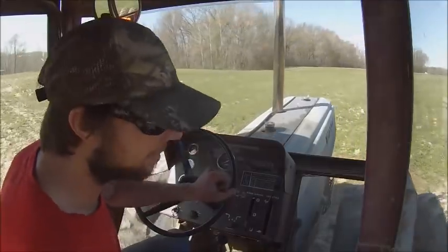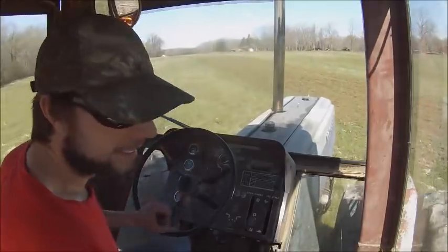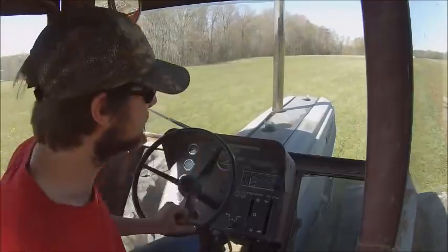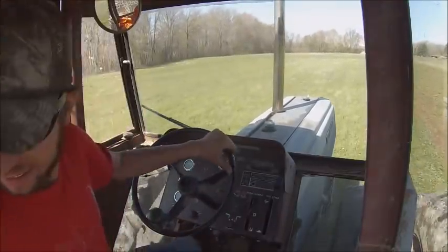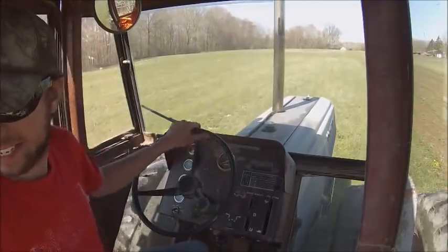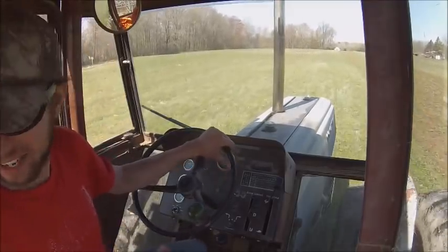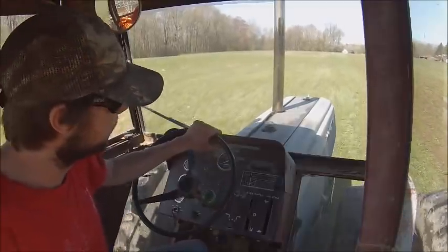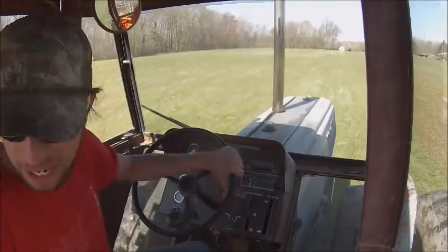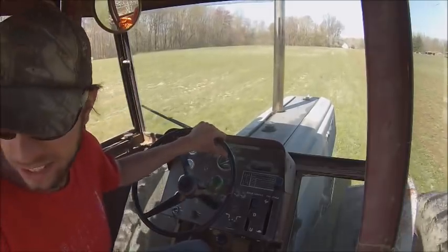I know I'm going to get the inevitable idiot that says, well, you should have sprayed burn down on it. Well, I don't spray burn down for two reasons. Firstly, I am a believer that excessive use of herbicide is someday going to come back and bite us in the ass. I have no problem using herbicide. I spray a regular herbicide program for my post-emergence. I got no problem using it, but I think excessive use is a problem, which is also the reason that I refuse to go no-till,